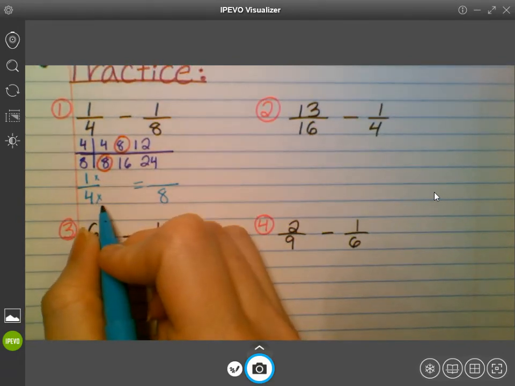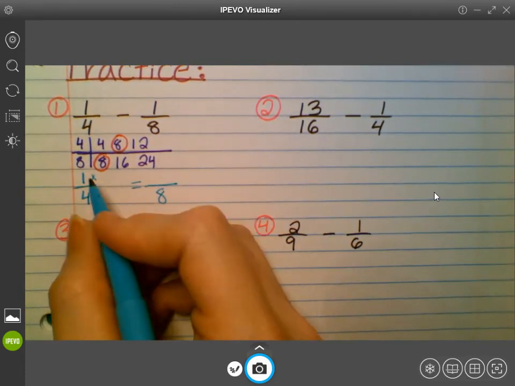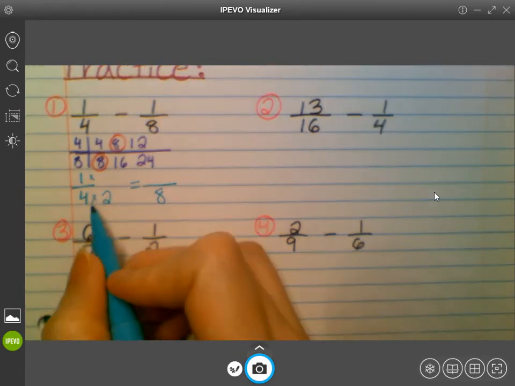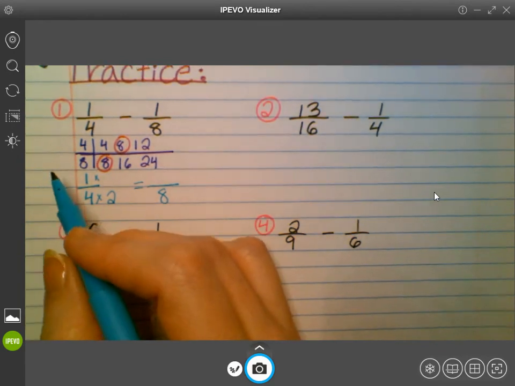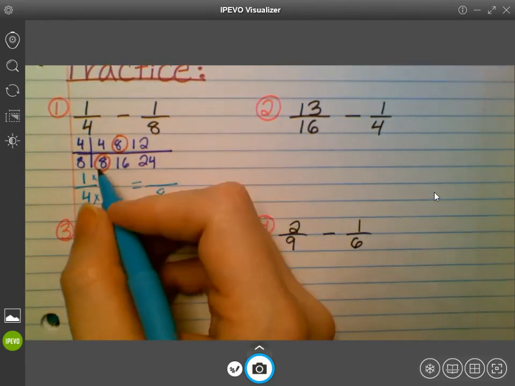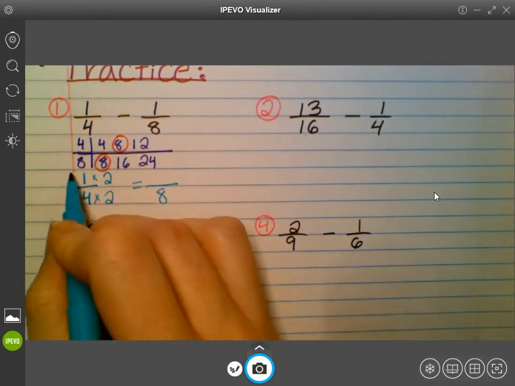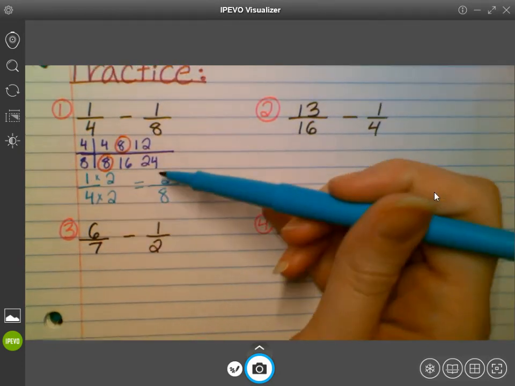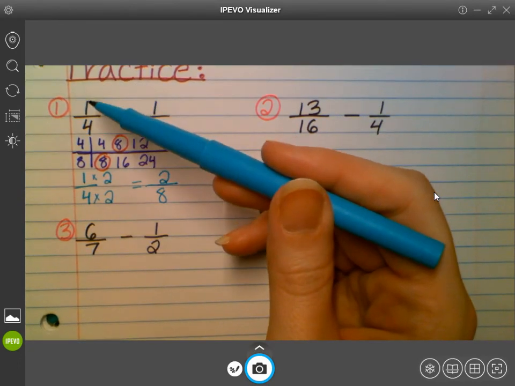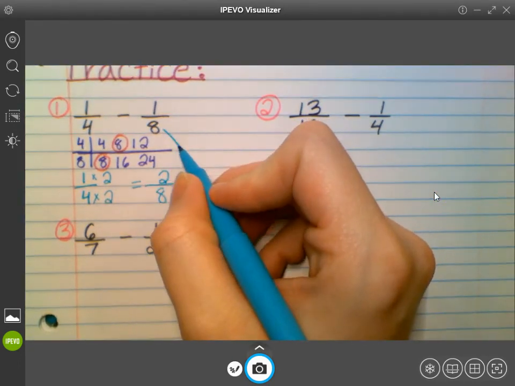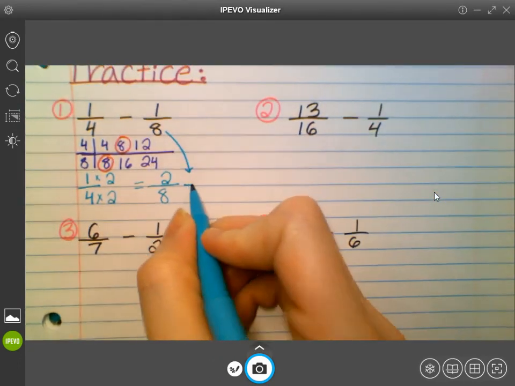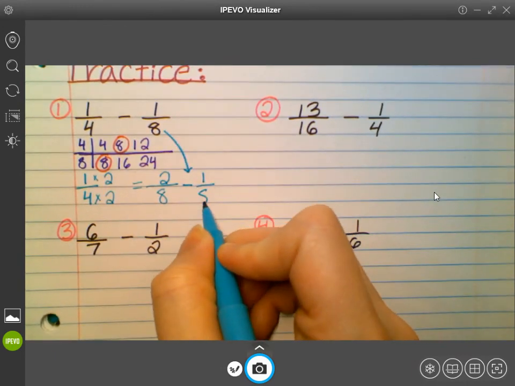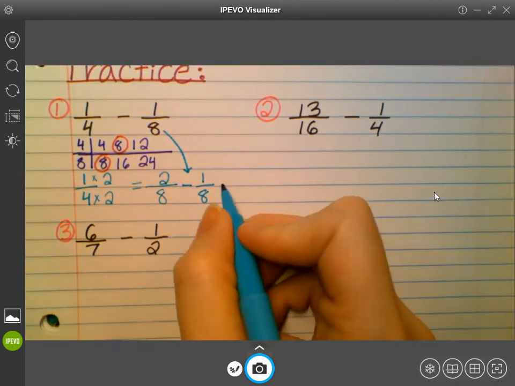So 4 times 2 gets me 8. Whatever I do to the denominator, I have to do it to the numerator. So I'm also going to multiply by 2. 1 times 2 is 2. So this 2/8 is what 1/4 was before, so I'm going to bring my 1/8 down here for my subtraction problem. So 2/8 minus 1/8 equals